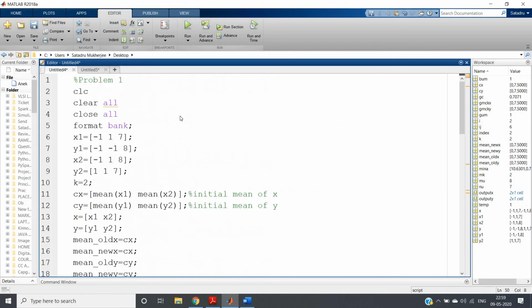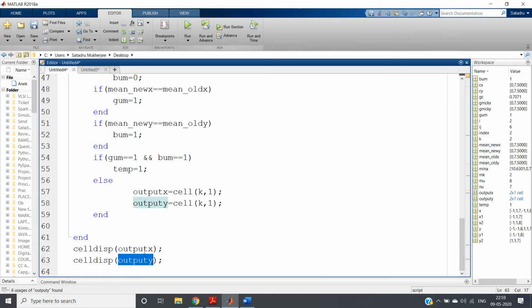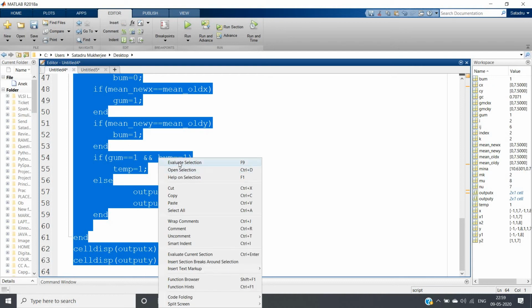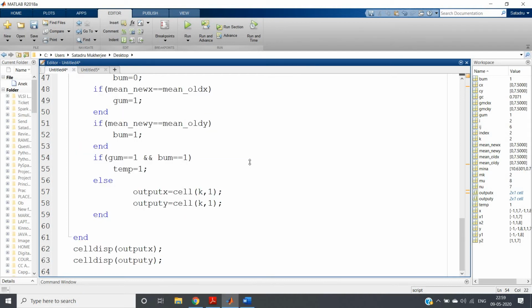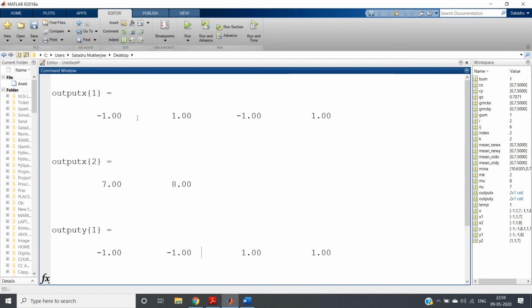Now what will happen if we run the code? In the output x and output y our clusters will be stored. Let us run it: Ctrl A, evaluate selection. If we check the command window, we will get our result. Cluster 1 is denoted by x1 and cluster 2 by x2. In cluster 1 the x coordinates are -1 1 -1 1 and output y1 is -1 -1 1 1. So if you combine these pairs,